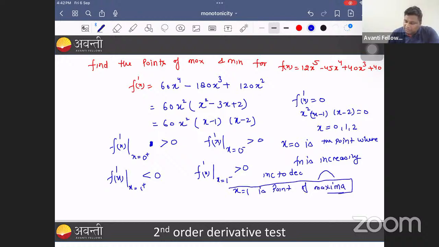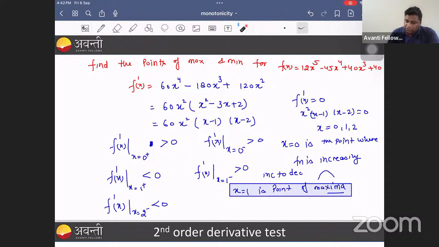X equals 1 is a point of maxima. Similarly, in the neighborhood of x equals 2, if you check, to the left of 2, it is going to be negative. Just a moment. Left of 2, positive, x minus 1 will come negative, x minus 2 will also come negative. So in the left of 1, left of 2,